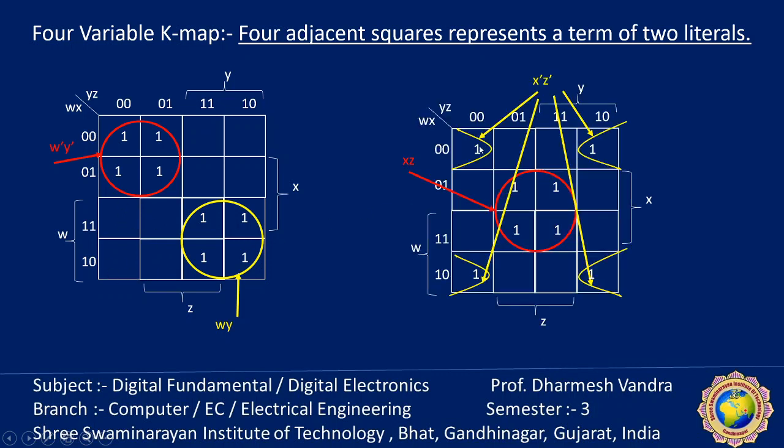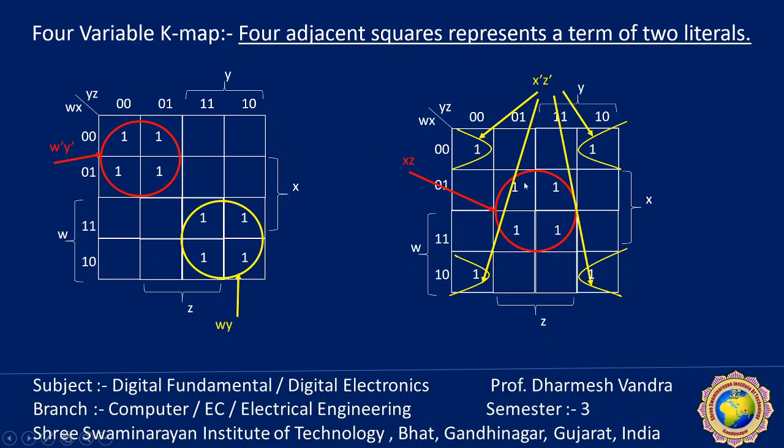Many times we found that students make a mistake, thinking that if only corner ones are there, the corners also make one bunch. In the corners, see 0 0 0 0 0 0 1 0 1 0 0 0 and 1 0 1 0. So in the four corners the value of x is 0, and z is also 0 in the last row. That means all four corners match and make one group of x dash z dash,